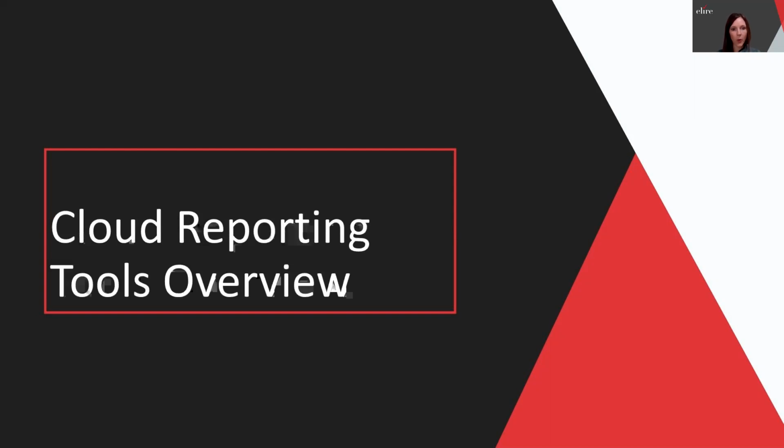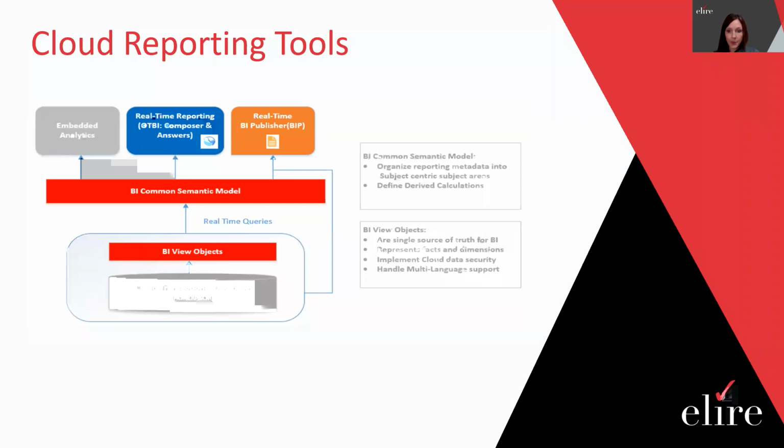Okay, so we'll do a quick overview of the cloud reporting tools. When a company purchases cloud, they are provisioned with business intelligence. This includes delivered reports and analytics, application pages where delivered and custom reports can be viewed, as well as tools to create custom reports. From this diagram, I'm going to be talking about the OTBI tool and the BI